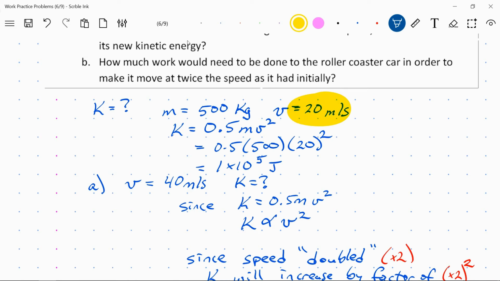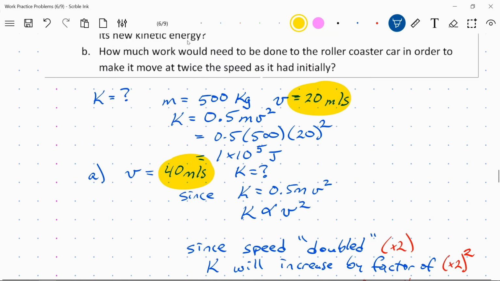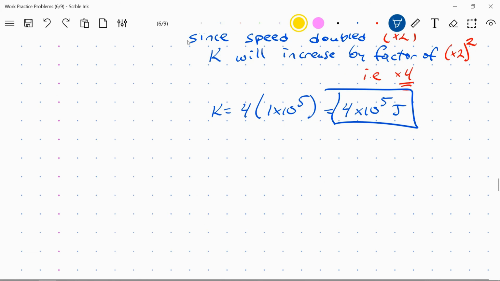What you then do is some work. You do work to increase its speed so that it is then moving at 40 meters per second. In getting from 20 meters per second to 40 meters per second, the question is, how much work would you have to do in order to double the speed the way we've talked about? Okay, so I think that's the gist of the question here. With that in mind,